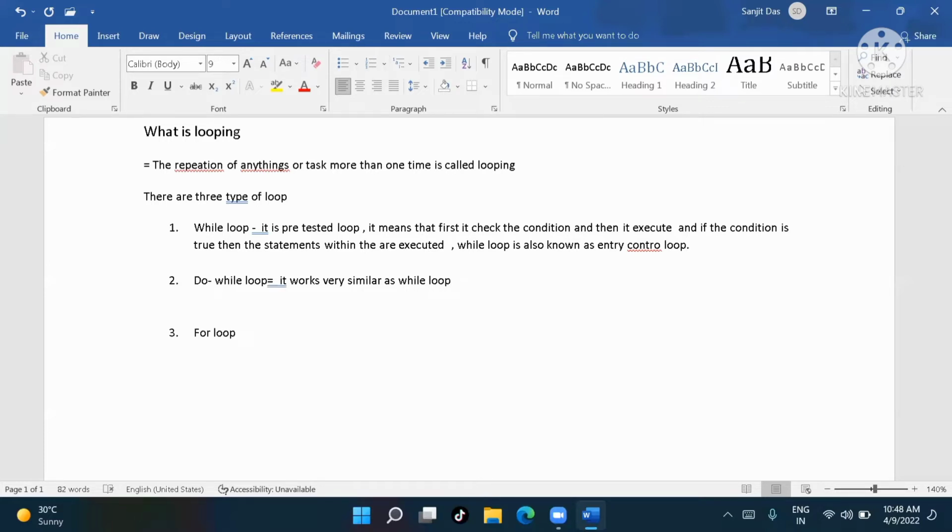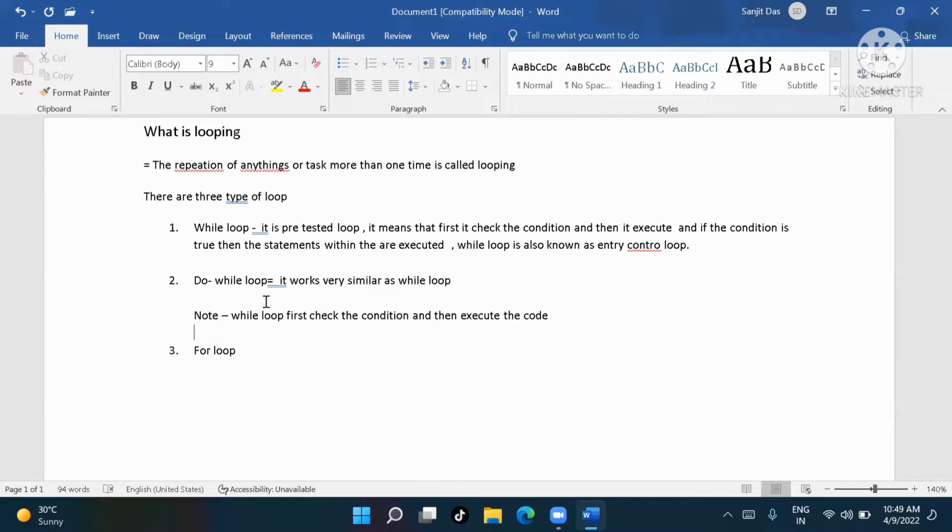And for note, remember this thing, it is so important. While loop first checks the condition and then executes the code.